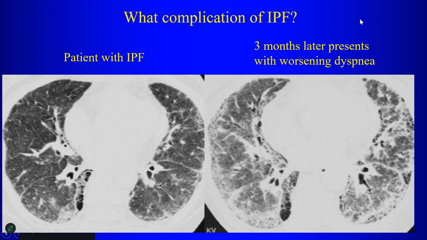This patient has idiopathic pulmonary fibrosis. Three months later, comes in with worsening shortness of breath, and the CT looks like that. What's going on here? Is it pulmonary edema from the heart function? Well, it could be. It looks like there's a lot of superimposed ground glass in this patient. So one possibility is that they could have pulmonary edema if they